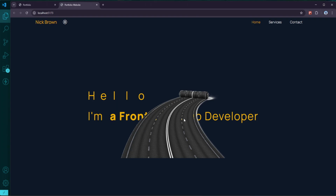So as you can see, the image is now visible, but there is a problem. It is overlapping the heading. This happens because both the heading and the image are positioned absolutely within the same parent container, which causes them to stack on top of each other. So to resolve this, we need to adjust the z-index of the image so that it sits behind the heading